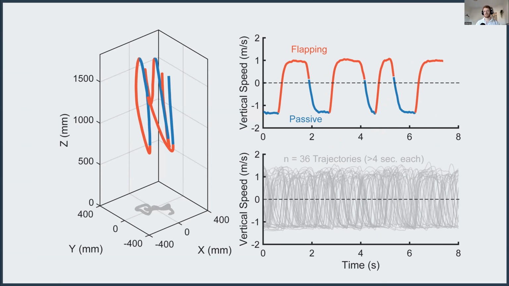Well, the normal flight looks like this. You just fly up and down with really controlled flight speeds. You're going up at a vertical speed of about 1 meter per second, and you're going down at a negative vertical speed of about 1.3 meters per second. That's really well controlled. But when you see a female here marked in blue, you can see the red male is chasing after her. The flight behavior is completely different.